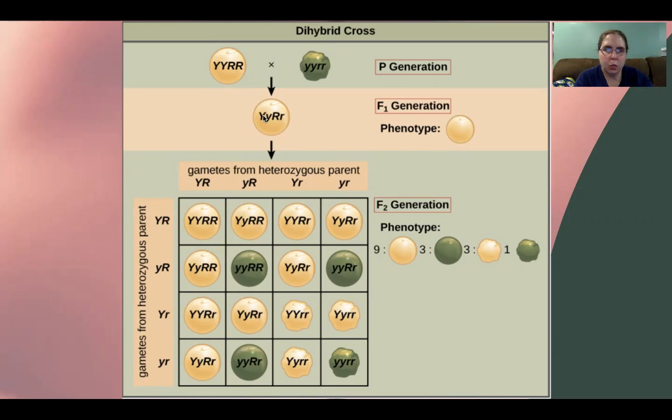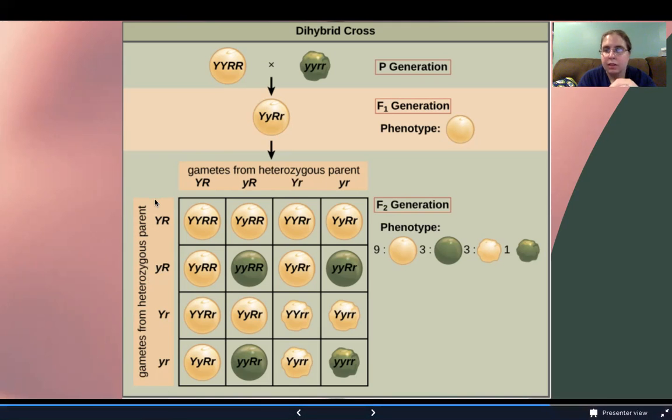So this big Y could separate into the same gamete as this big R, which is why you see that combination here. The little y can also separate into the same gamete as the big R. So little y, big R. The big Y may be able to separate into the same gamete with the little r. Big Y, little r. The little y may be able to separate into the same gamete as the little r, little y, little r. And since we're crossing two heterozygous parents, we're going to see the same combination on that